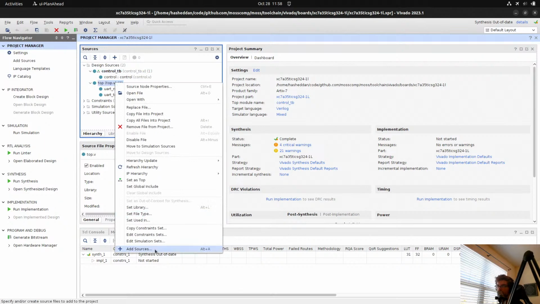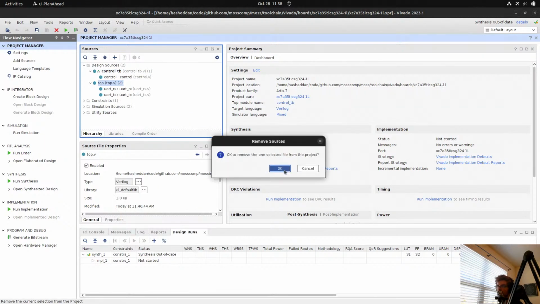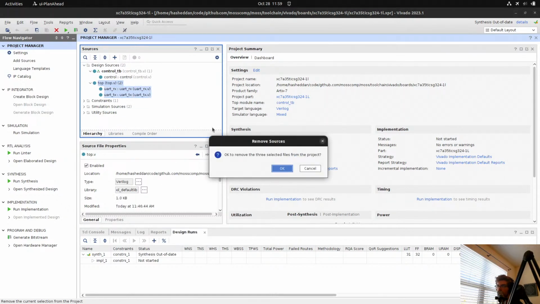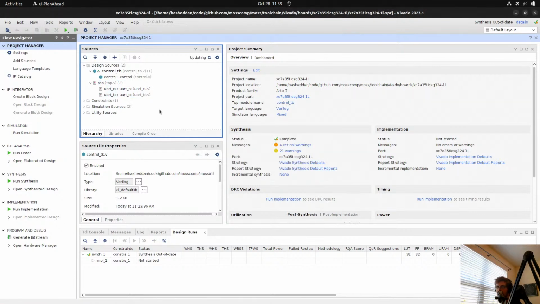Let's just remove these. Remove all of these. See if that helps out here. Simulation sources.